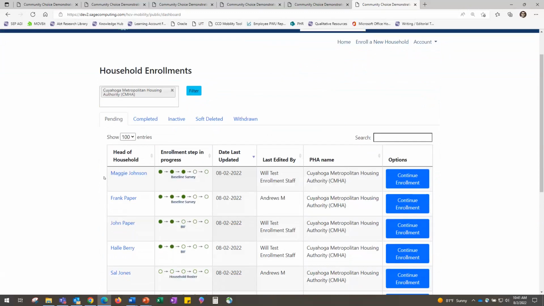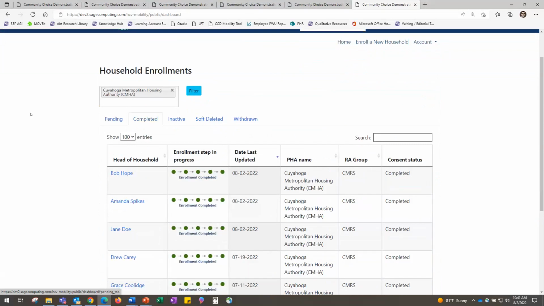Okay. I think the last thing I wanted to talk about was, once a family does enroll into the study, they do have the option to stop being in the study at any time. And so to do so, a study participant must contact the help desk phone number, which is provided in the consent form, to withdraw from the study. So the study team will field that call, find out the reason they want to withdraw, and withdraw them from the study. And then the study team will notify the PHA that the participant has withdrawn and mark the participant as withdrawn